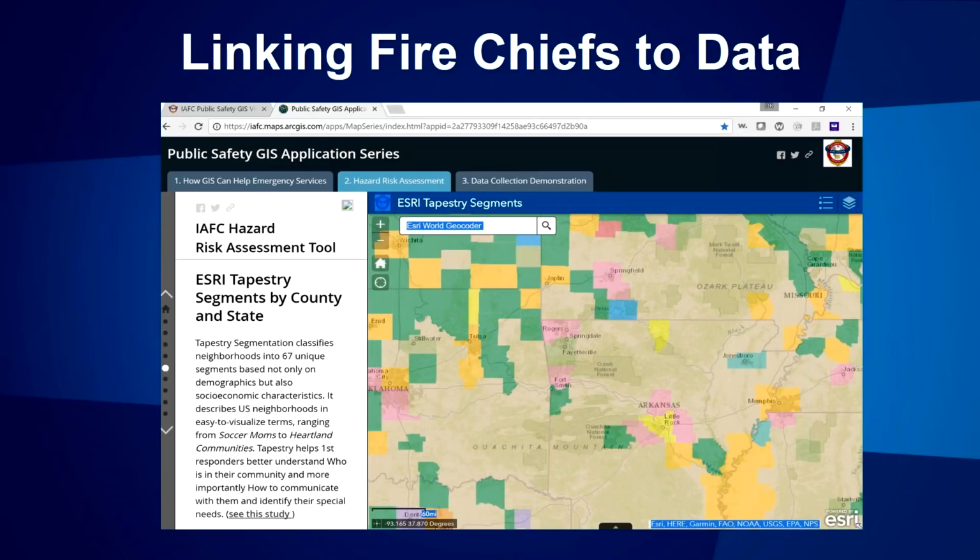Those data points about what TV stations they watch, or where they shop, or public transportation, all those things are things that fire chiefs today really need to understand when they're deciding about the level of protection and the way they provide their services in their community, which is: who are they truly serving today? Because those populations change over time, and sometimes in the fire service we become blind to those changes about who we are truly serving within our jurisdictions.